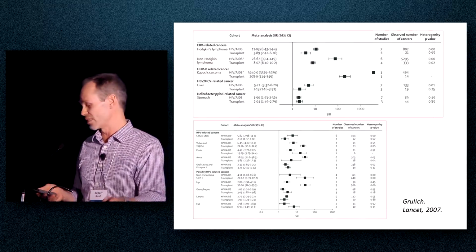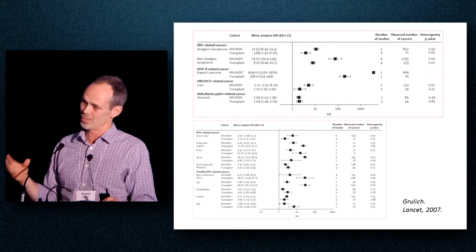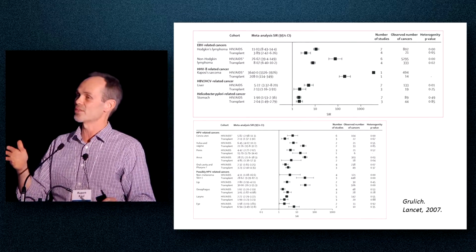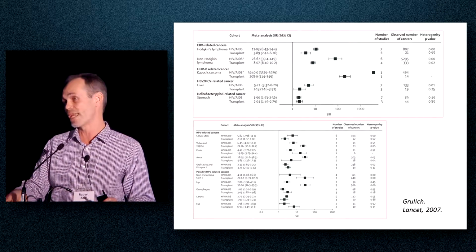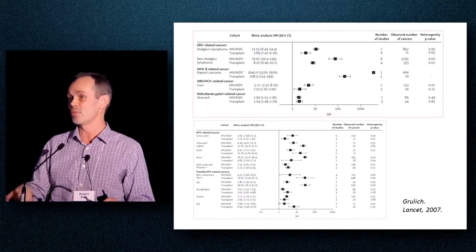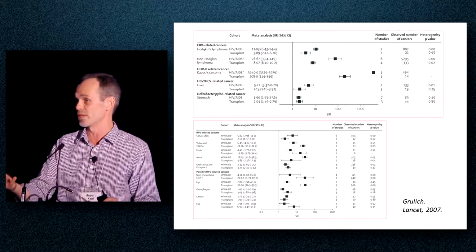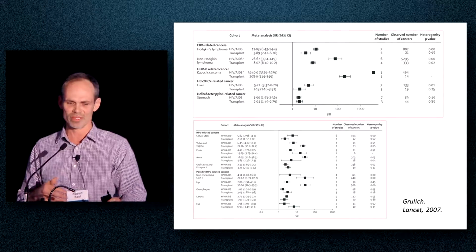This next slide is quite a fun study that was actually taking huge numbers of patients in multiple studies and looking at the rates of different kinds of cancers. I've only put a few of the pictures on here, but looking at different kinds of cancer rates in people living with HIV and people living with transplants who also have immune suppression because of the drugs that we give people. And cancers are increased in all those situations.